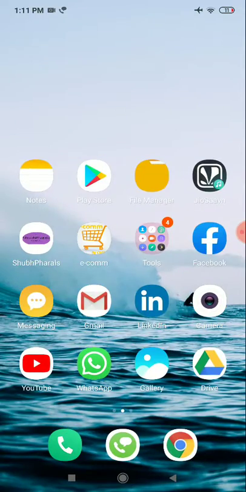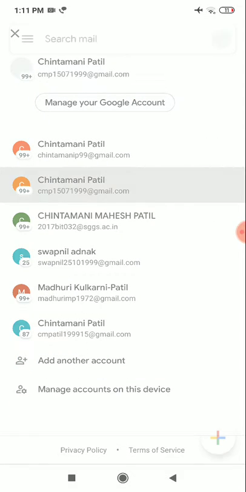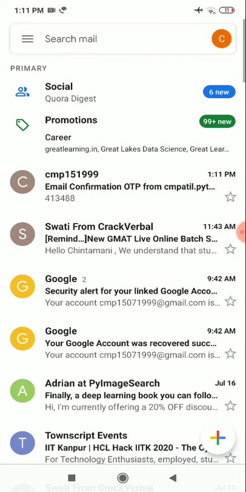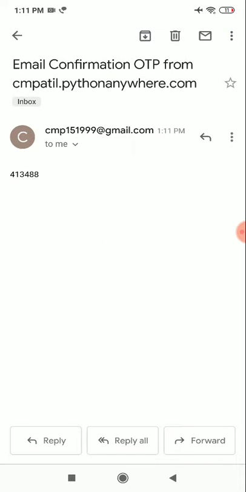Okay, this is the email confirmation OTP from cmpatil.pythonanywhere.com, on which the backend of this app is hosted.